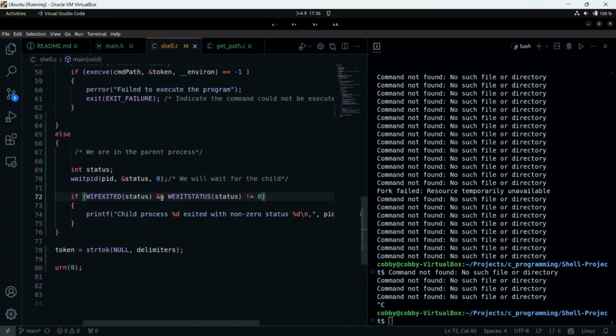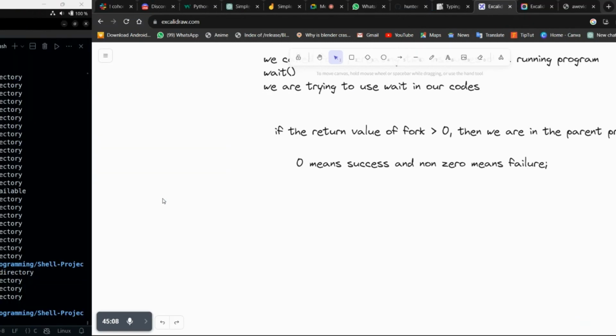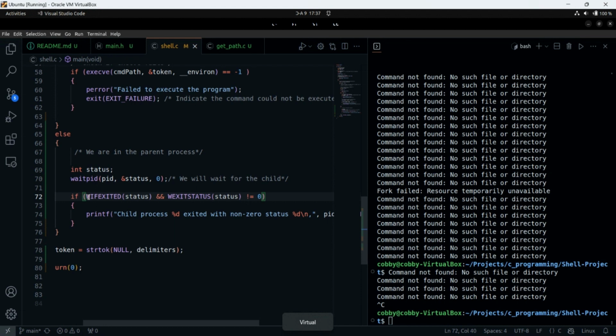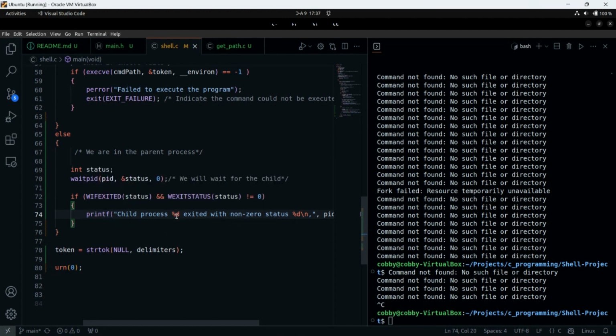But if not, then something is wrong, so tell us why you didn't get what you went to buy. That is what is being returned. If we don't get what we went to buy, we tell the parent the reason we came back without the goods. That's what we are using this statement to check.